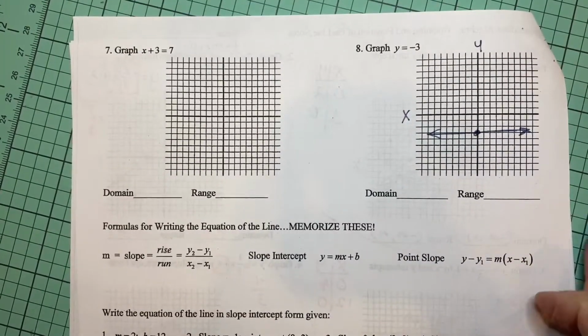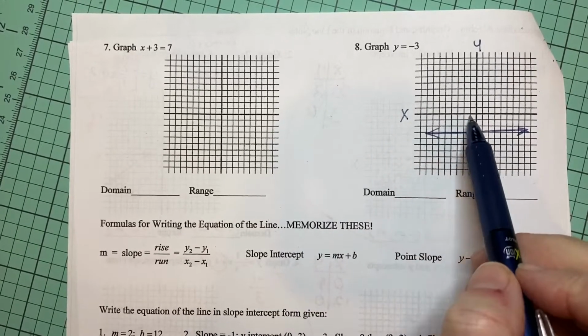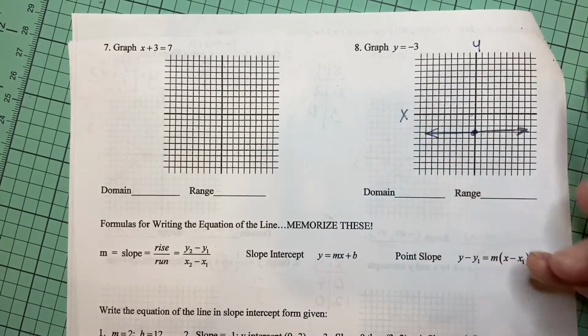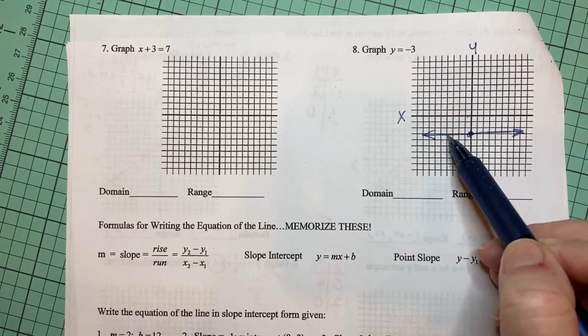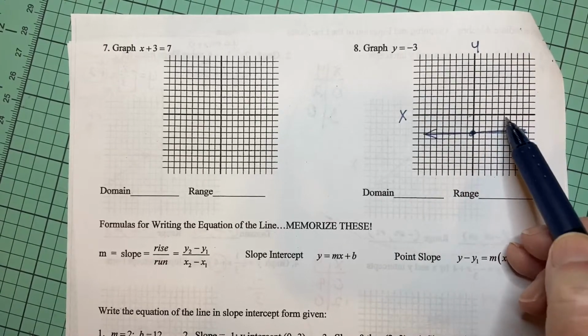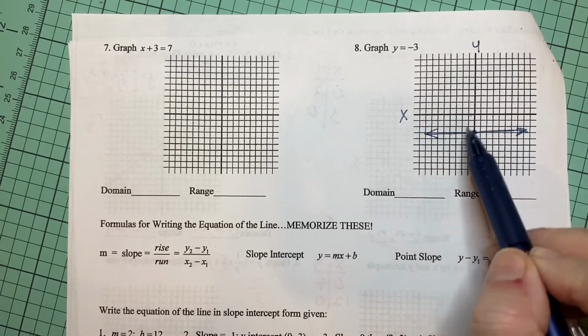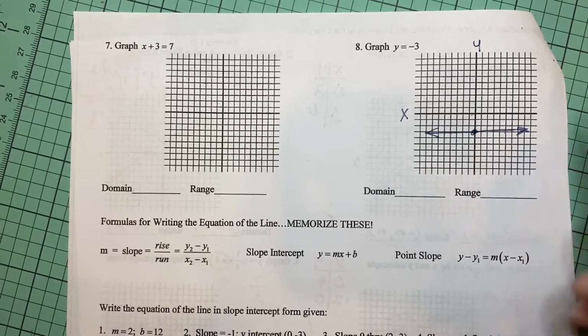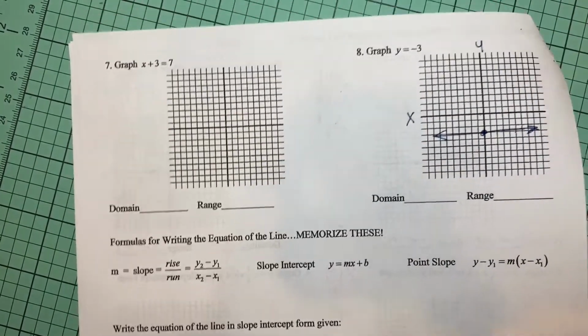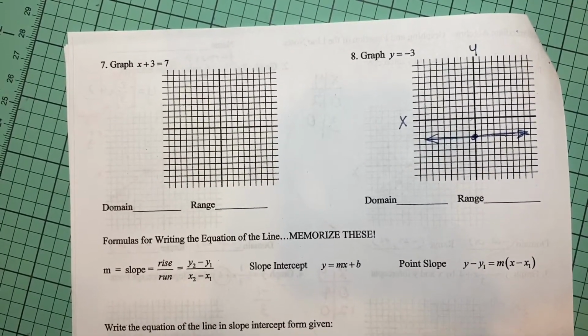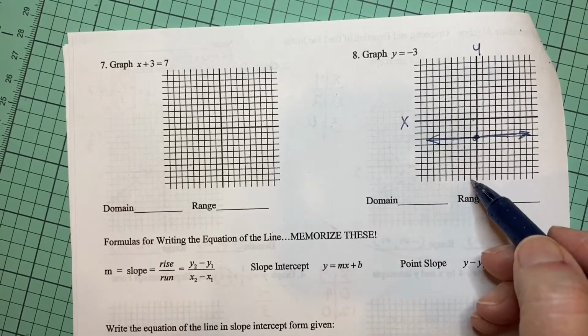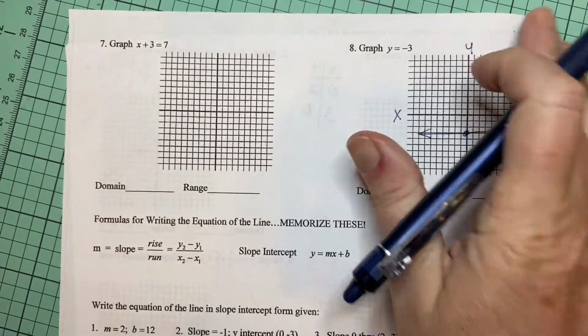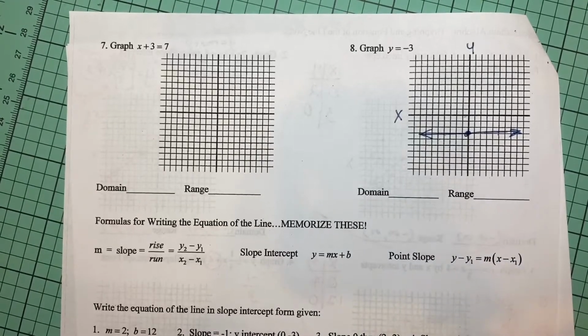And that's your graph. What it's saying is that no matter what x is, y is always -3. If x is -4, y is -3. If x is 5, y is -3. No matter what x is, y is always -3. And this is a horizontal line, so this is where domain and range are going to change. And I just realized I didn't talk a lot about domain and range before, but this is kind of where